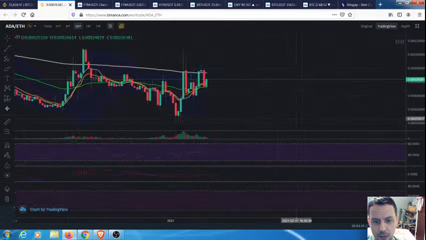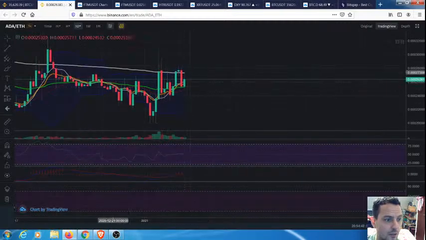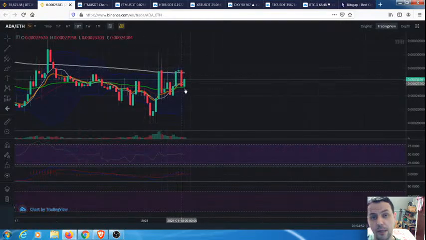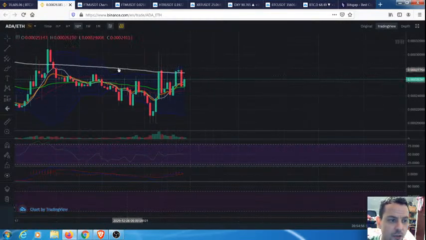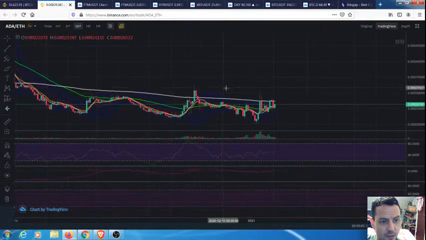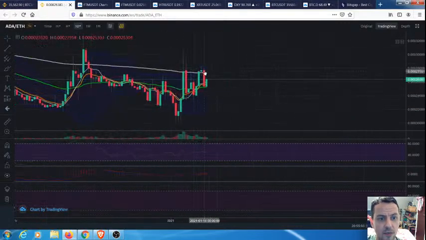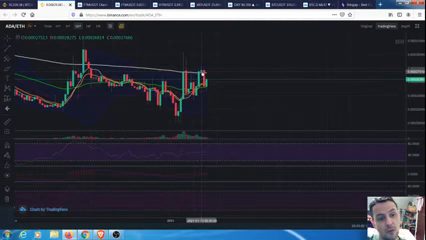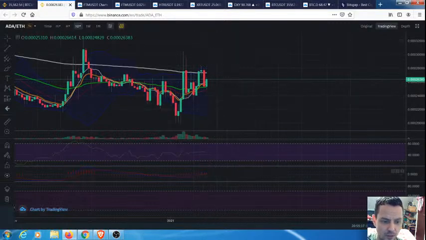And if we look, these are going to converge into each other, so we see this green and the white there, which is the 50, the green 50 exponential and the 200. You see these start to converge, because at the moment the 200 is still down facing, so technically it's resistance the entire time until we're above it. And when we're above it, we have every chance, I suppose, to call that a support or a potential support. But for the moment, we're 75% done in some form of confirmation,